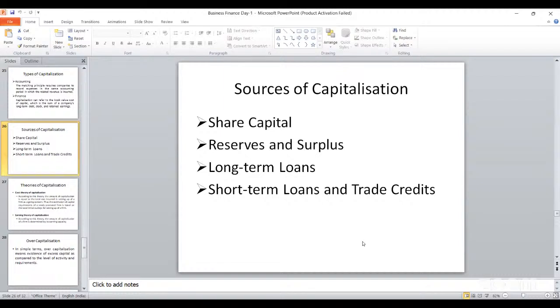Now, next coming towards sources of capitalization. Basically, you have got sources of capitalization: share capital, reserves and surplus, long term loans, short term loans, and trade credit. Now, one by one, we'll come into it. First, coming towards share capital. What do you mean by share capital? The capital that you incur from your shares is your share capital,